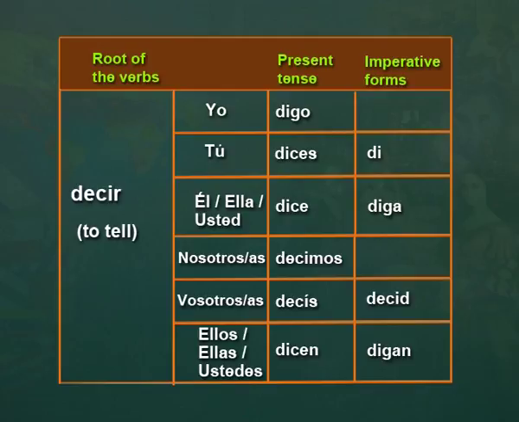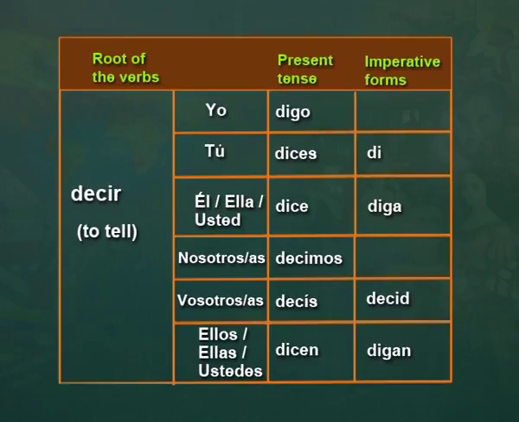tell me. The usted form of decir is diga. Anybody who picks up a phone says sí, diga, or tell me, or speak on. In the conversation we have seen between the gentleman and the police, since it is a formal conversation, they both used usted and hence oiga and diga.